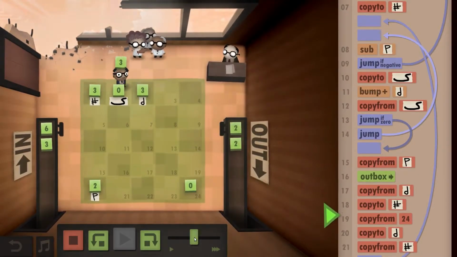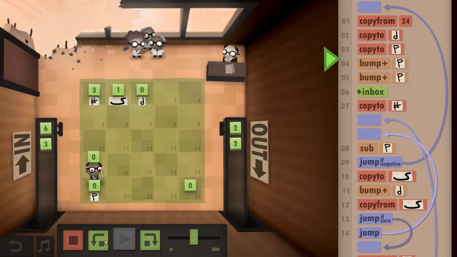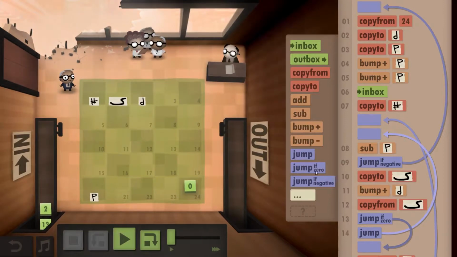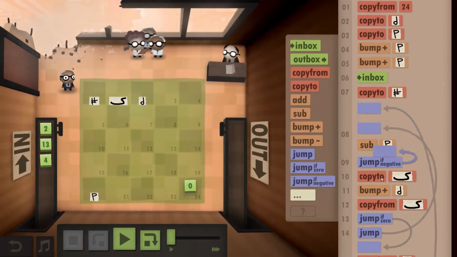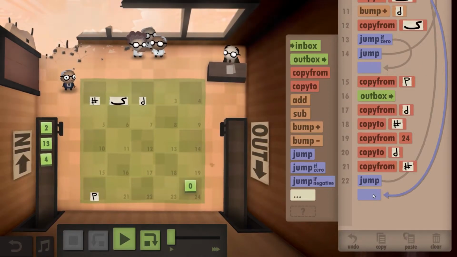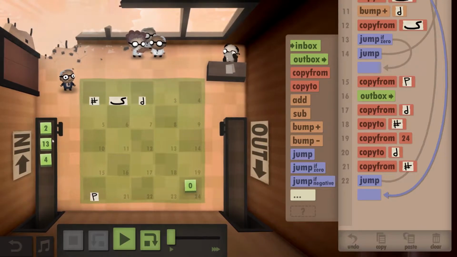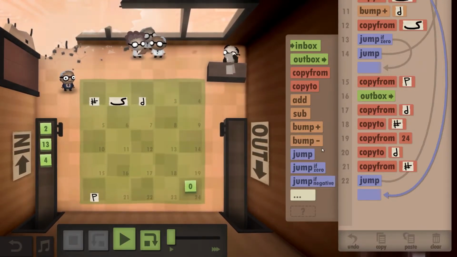I already see the problem with that jump to negative, don't you? Alright, stop. So if it's negative, we actually have to jump down here. We don't start over yet. I don't know what it's going to do it to. Anyway, if